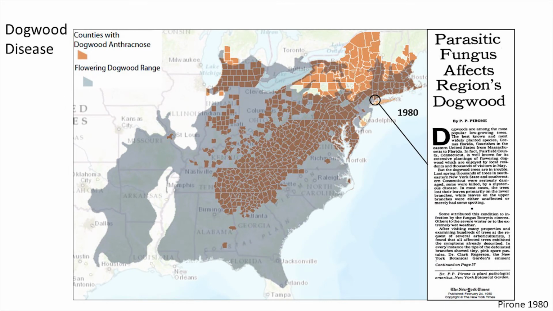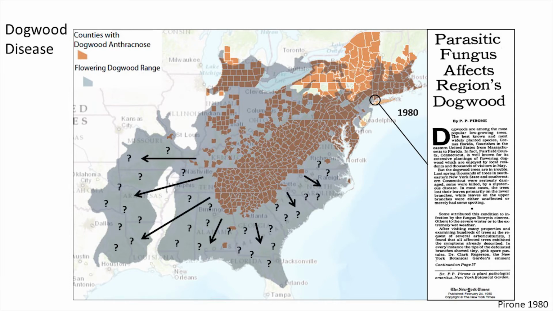So this is the range in dark of the flowering dogwood tree. This is the red counties, our U.S. forestry reports of where the disease has occurred, believing, at least for the eastern range, to have been the epicenter of introduction of this exotic disease. And again, we are still tracking and monitoring how far this disease is spreading. It's an ongoing issue. We were worried that this tree was going to go the way of the chestnut.